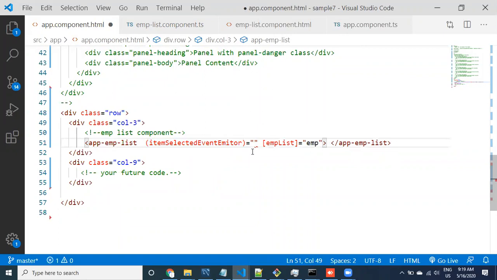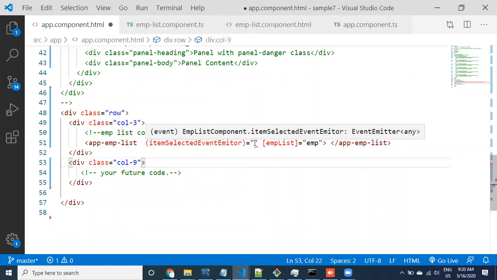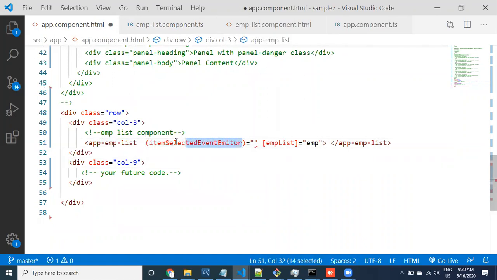All right, the next step is whatever event that we have coming in, for this event, how can we bind? For this event, you can bind a method available in the same component. Let us go to the app component. This is a parent component, and we are writing this code in the parent component, so we need to bind a method related to the parent component. For any event you need to bind the method only, not a property.